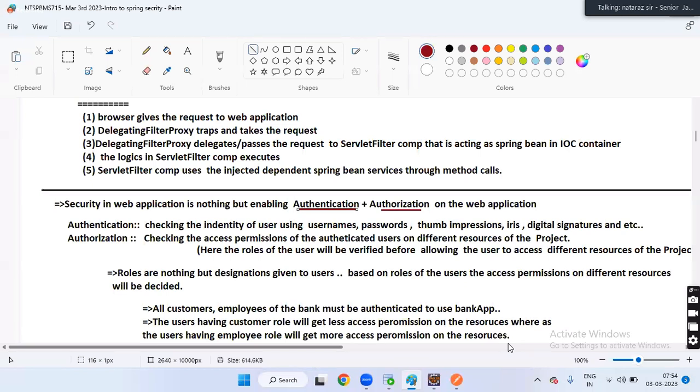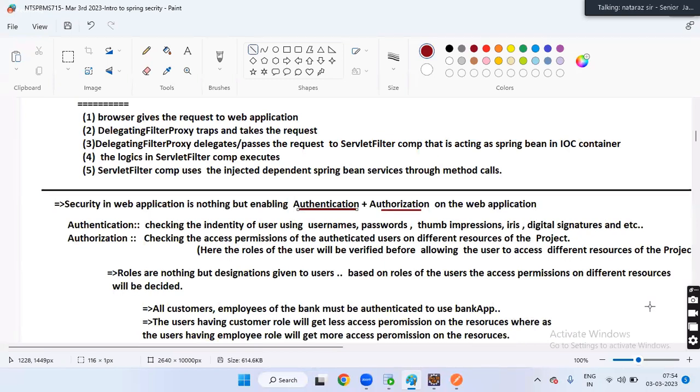Everyone understanding my statement, guys? What do you mean by roles, guys? Roles are like designations given to users. Based on the roles of the user, access permissions on different resources will be decided.